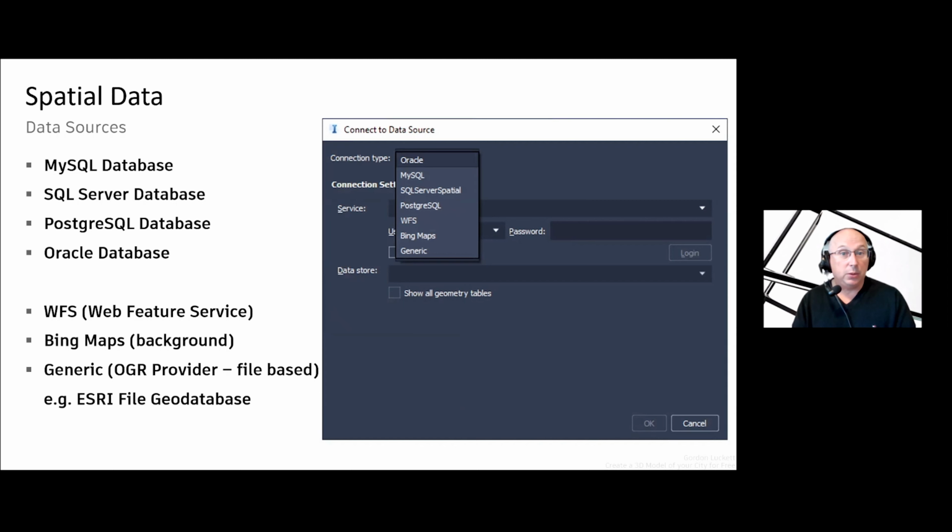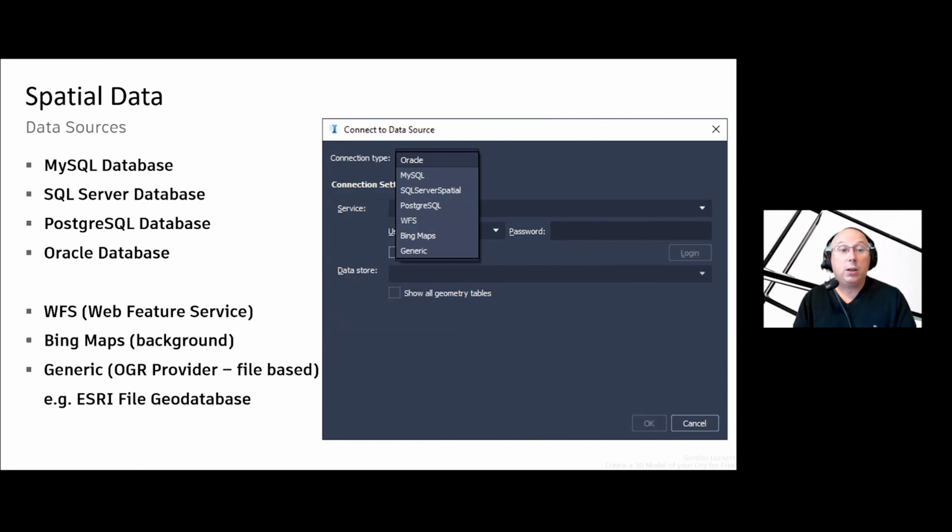There's other data types you can use and types of data sources. The WFS, that's an open source or open data type called Web Feature Service. They're vectors and they can be brought into InfraWorks as well. Now, the background, this is interesting. One of the few background maps you can use is Bing Maps, and mostly use them for your aerials. So it's sort of a free service using Bing, and you can bring all that data into your model and have all the air photos. And you can make it as low res or high res as you like. That's the neat thing about Bing. And we're actually going to do that in this course as well.